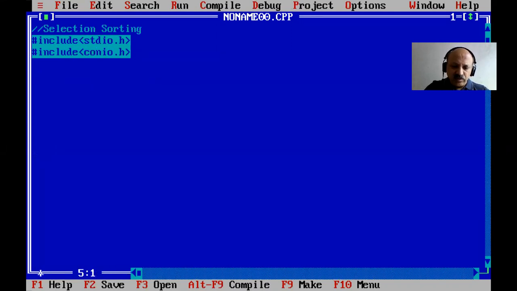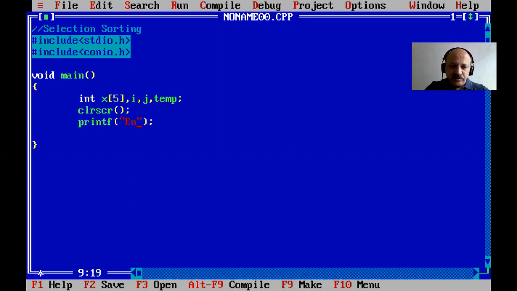Now directly the main function. You can also use printf, but for simplicity first I will not use it. Here I define x as a static array, and then i and j, and then one temp variable. That type of variable is required, and first we give a message: enter 1D one-dimensional array elements. The size we do not scan first.